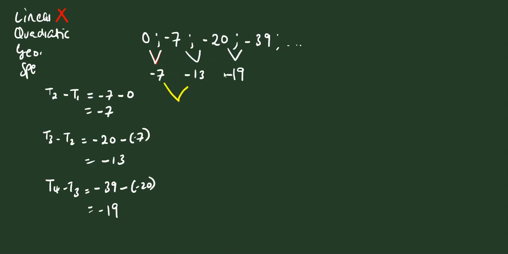We go to the row of second differences. We say right minus left. So we're going to say negative 13 minus negative 7. Then you're going to get negative 6. Then you go here. What is negative 19 minus negative 13? You get negative 6. Are the second differences the same? Yes. So it means it is a constant